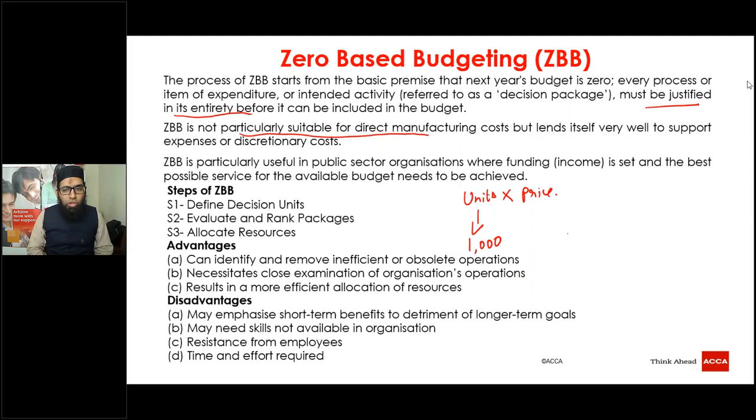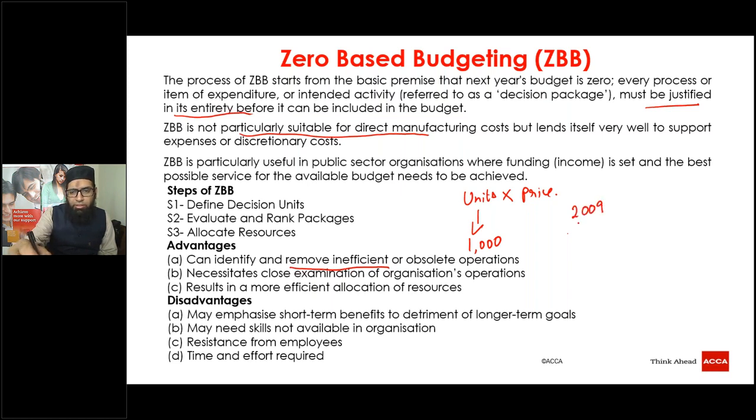We have two questions from the students. One is to explain the advantage of number one. So this was that the value-based budget can identify and remove inefficient or obsolete operations. So what happened over here is that